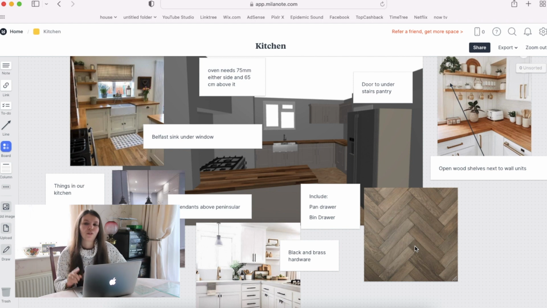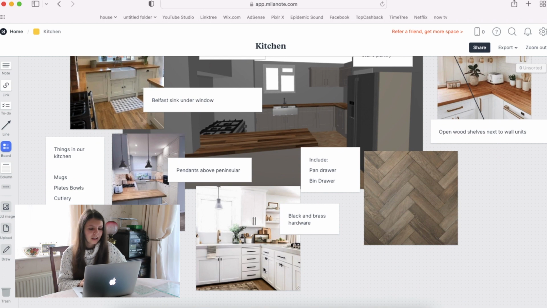But we're not going to be ordering our floor until our kitchen arrives anyway, because that needs to go in first for 1, and then 2 we can match it properly. But yeah, that is